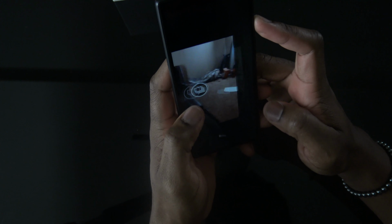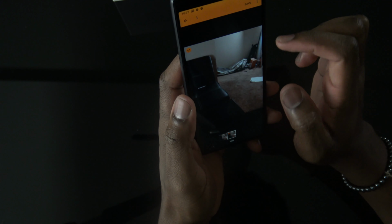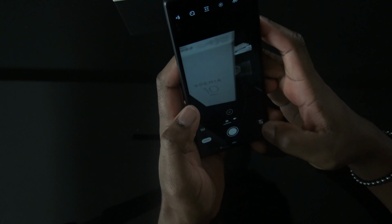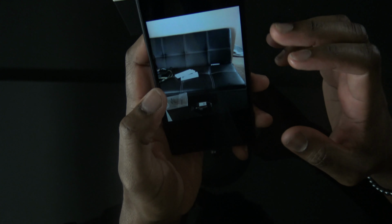So we got our photos. What is this? Oops. Oh, it must have been... okay. So no, just looking at the camera, you know, it's decent